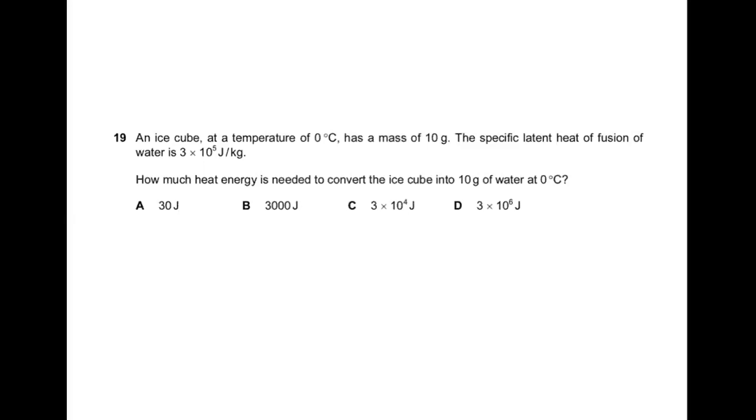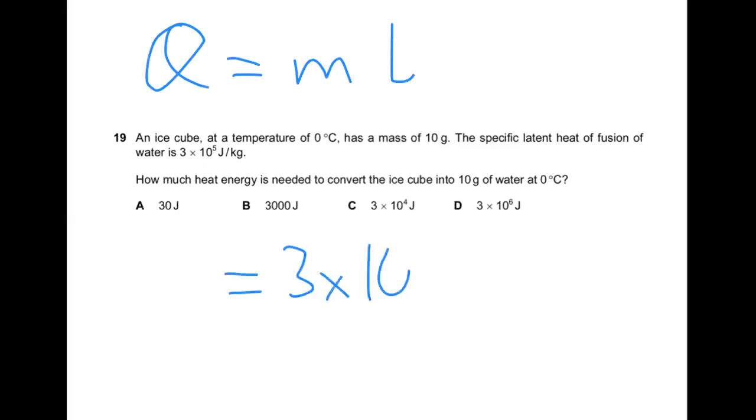The next question, an ice cube at a temperature of 0 degrees Celsius has a mass of 10 gram. The specific latent heat of fusion of water is given. How much heat energy is needed to convert the ice cube into 10 gram of water at 0 degrees Celsius? The formula for this is Q equals ml. The latent heat of fusion is given as 3 times 10 to the power 5 joules